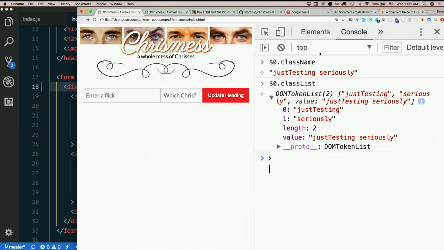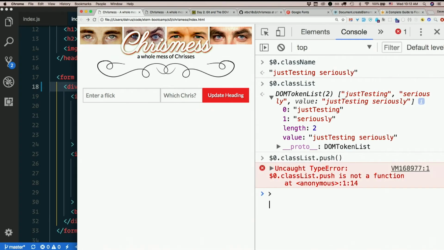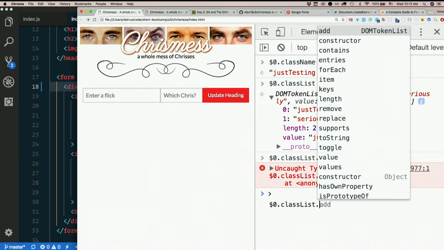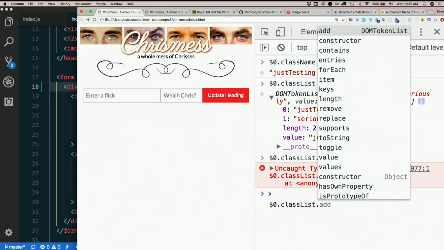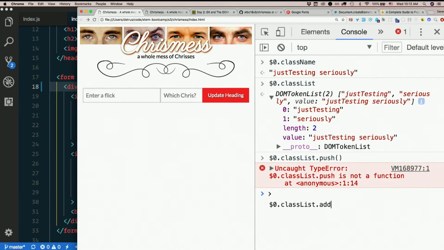So to add a new one, it looks like I could just append to the className string, but that seems really error prone. So I bet classList is going to be better for that. Can I push? Doesn't look like that's a thing. Push? Nope, not a function. Because remember, this is not technically an array. It's another kind of thing. But it looks like add is suggested here. So how about add? I want to add a third class to it called, I don't know,